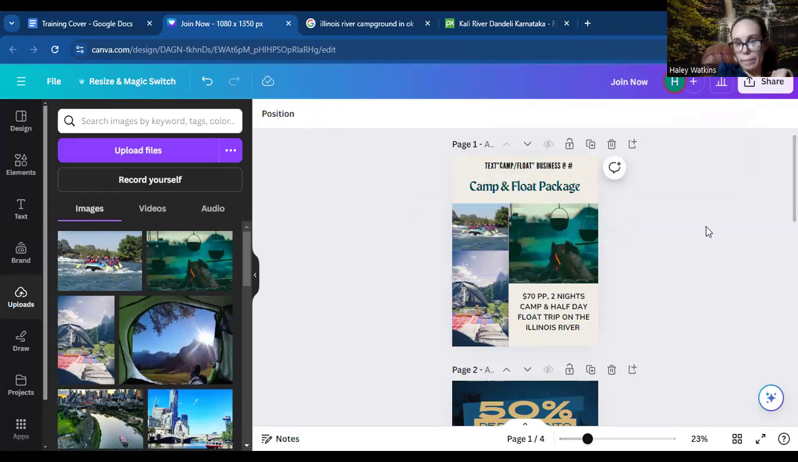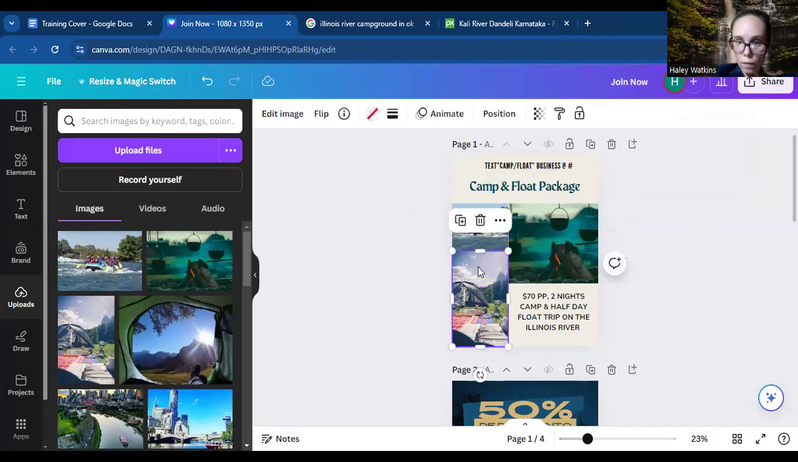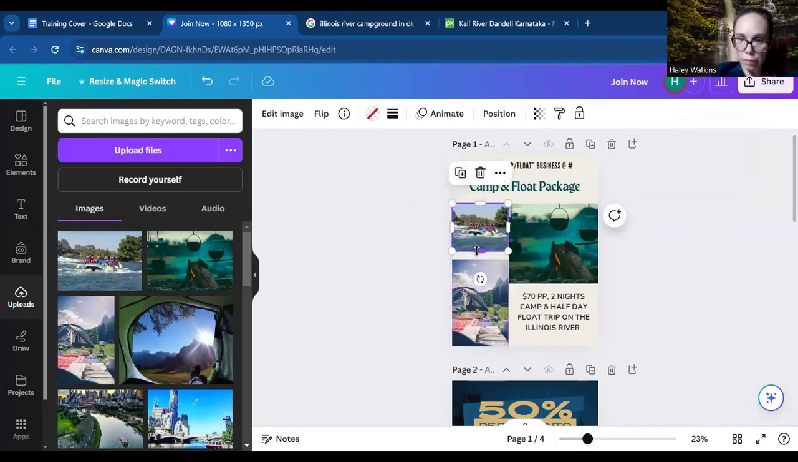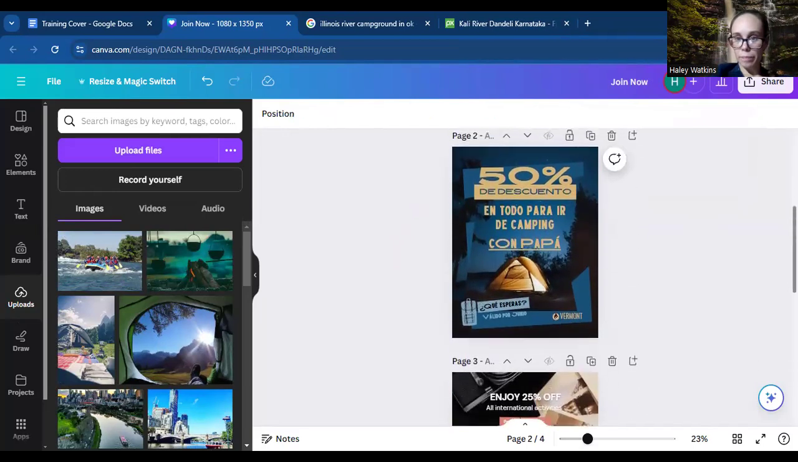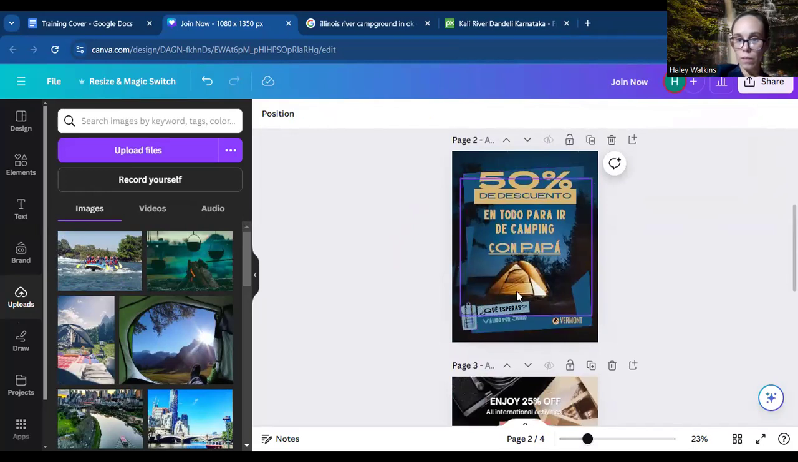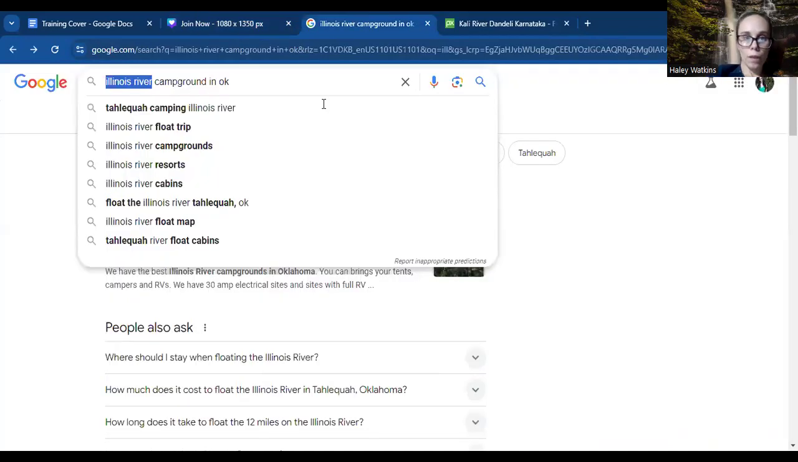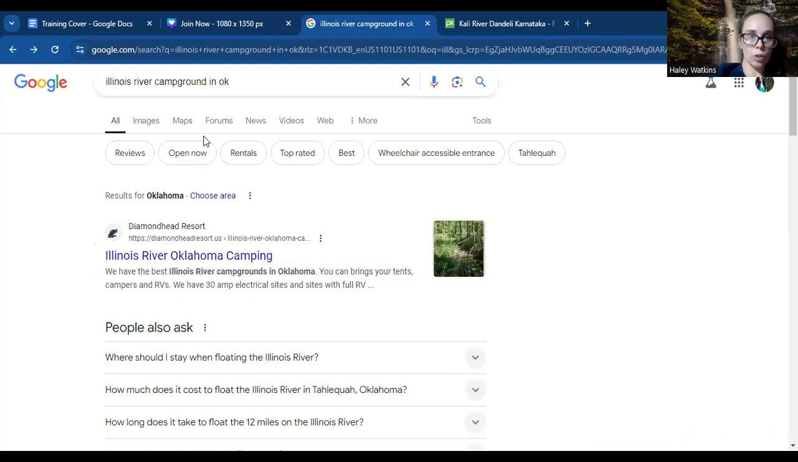There we go. A little bit smaller and this one a little bit bigger. Boom. All right, now I'm done with it. So the second one. Okay, let's see. This time, let's do